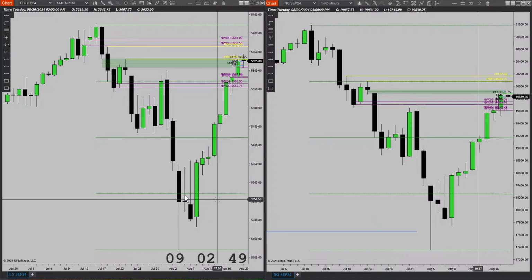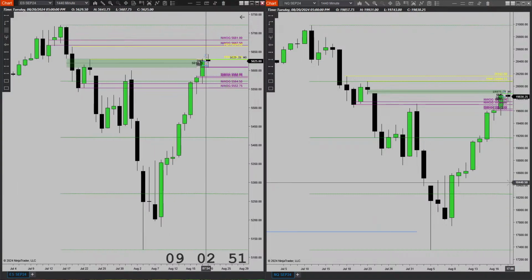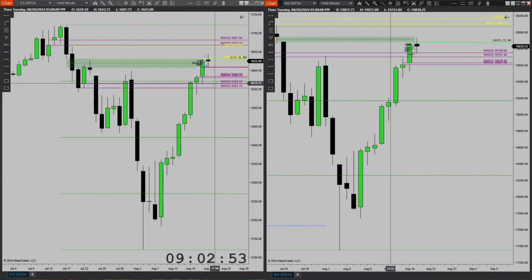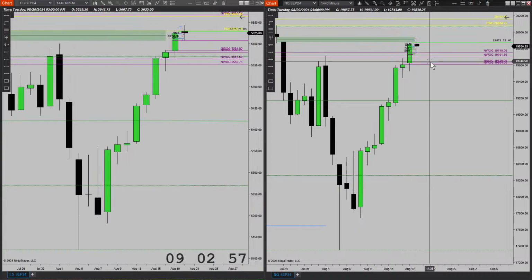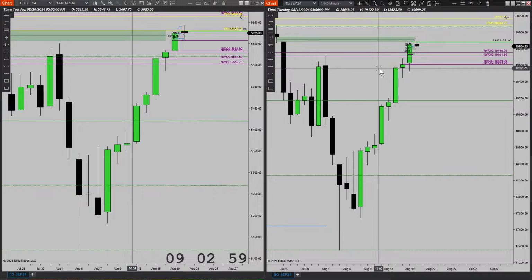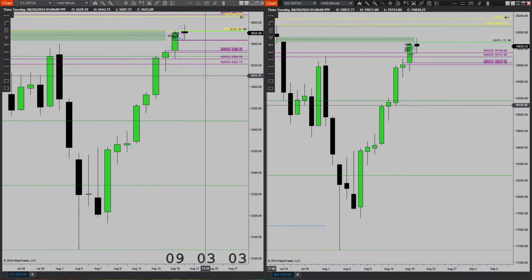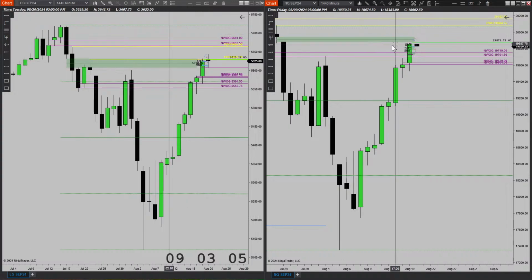Okay, all right. So pretty good day yesterday. We had a down close here, down close here. Right after the morning, I had expected the bullish price action because we are in bullish order flow still. I expected price to keep drawing higher, but obviously we did not get that.